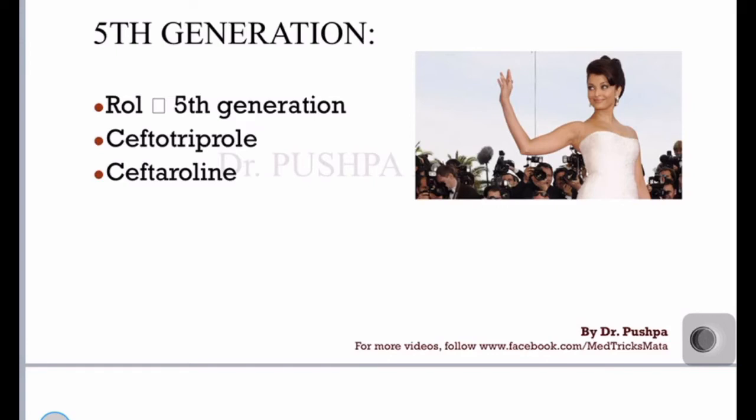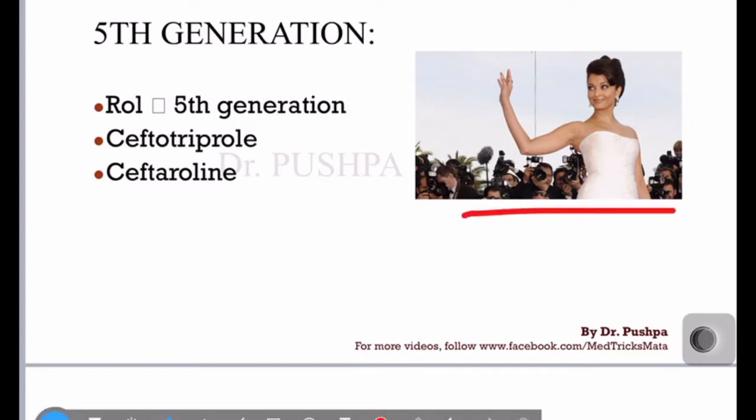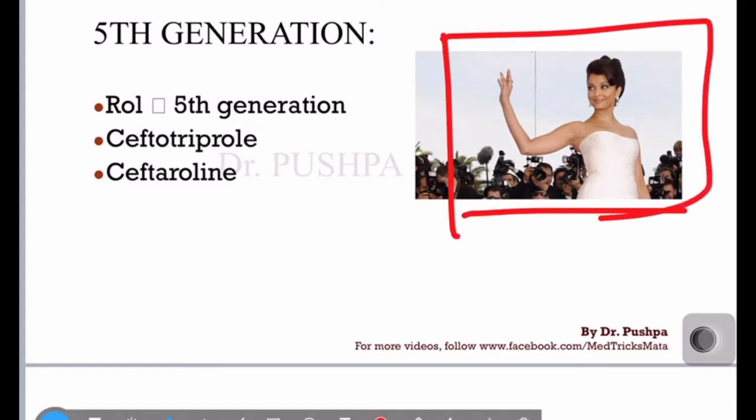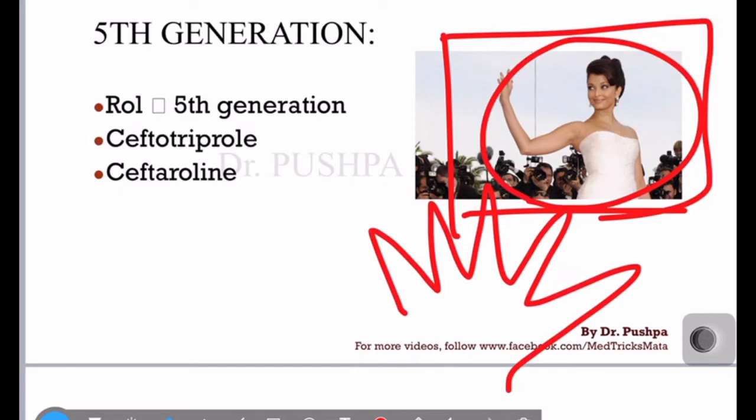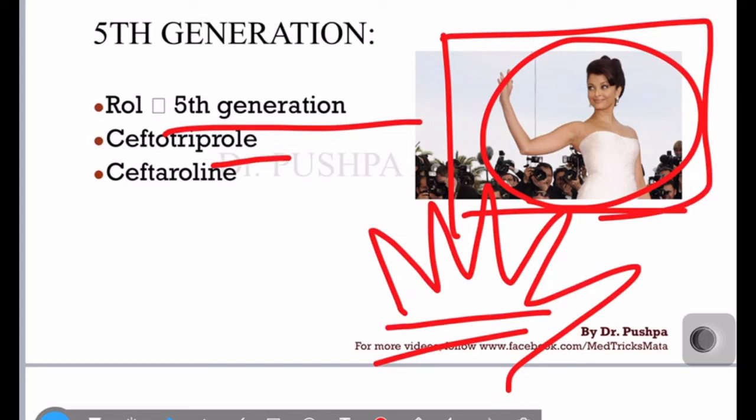So just for example, your role model or favorite celebrity will say hi to you. So she is a role model and she'll say hi. Hi means she'll have 5 fingers. 5 fingers only everyone has, right? So this role model will say hi. So hi means show 5 fingers. So fifth generation will have role. Role is a keyword for fifth generation. I hope it is very much relating to fifth generation has role.